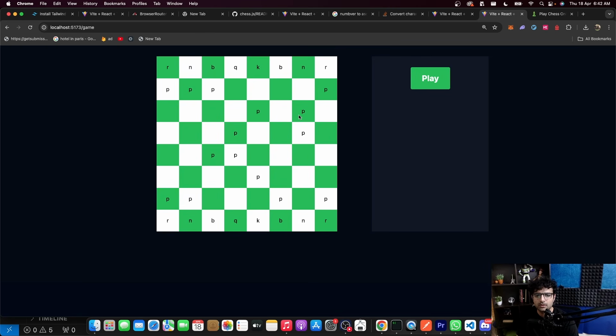And then black can move like this, and then white can probably equalize. Oh, wrong one. Equalize. There you go. Move like this. And then I will also take out my knight, and then keep on going from there. All right. Given that we have a multiplayer chess game almost done,